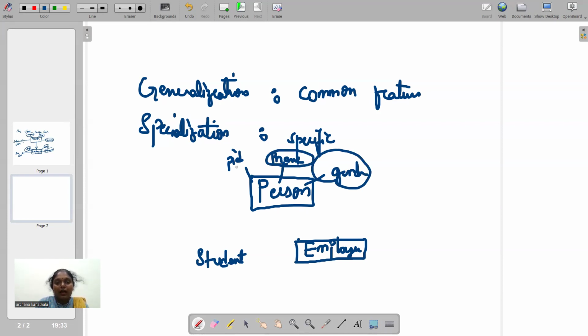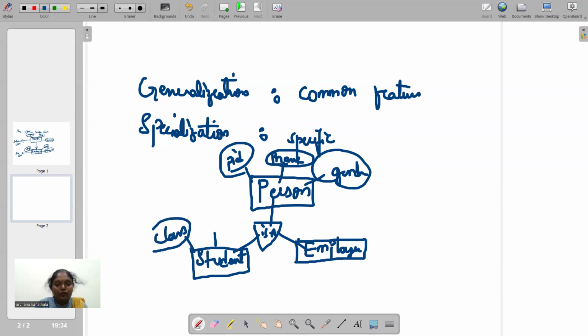So these common attributes can also be extended further to a more specific one. Now here, person is a student. I can be more specific and define only student data here. So student will have ID, name, and gender. Apart from that, I can even add the class to which he belongs, the college name to which he belongs, and academic related information such as subject marks.